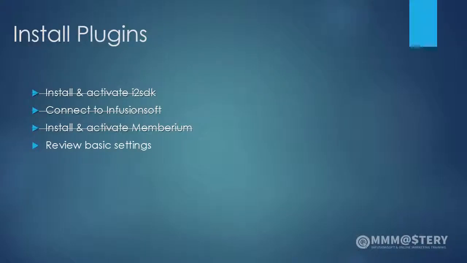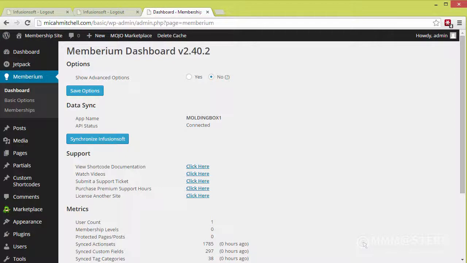And the dashboard, by the way, means we're on the last step here of installing the plugins. In WordPress, what we can see on the dashboard is first of all that we're in basic mode. So you see this show advanced options is set to no. It means we're showing just what's necessary to run a good membership site, and then the advanced options take it